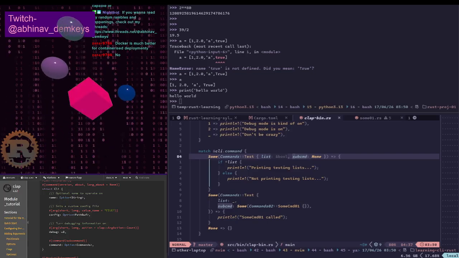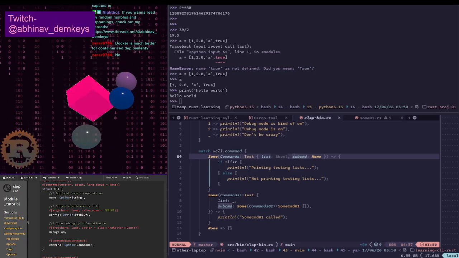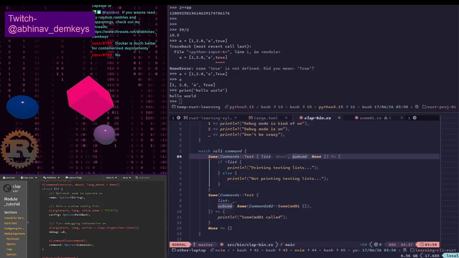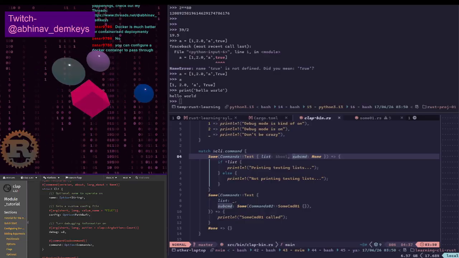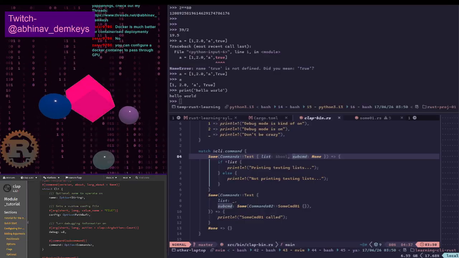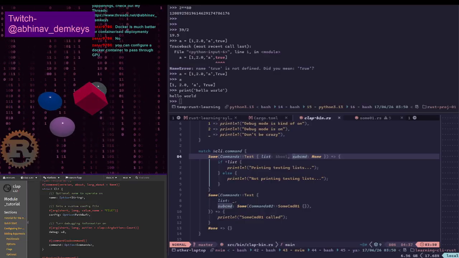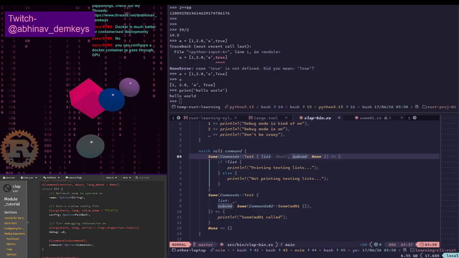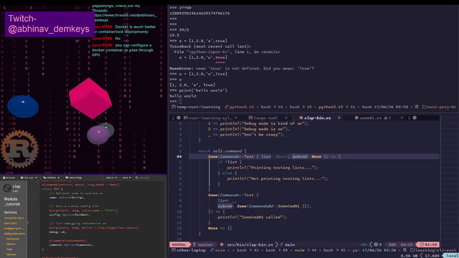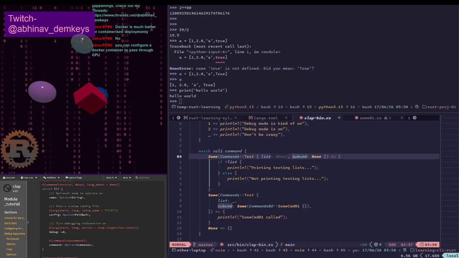Docker is an extra overhead on the system. I'm running on the exact edge of what the PC is capable of. Docker is much better for containerized deployment. No, you can configure a Docker container to pass through GPU. Okay, that's good. So then, I guess in that case, I should be looking into, because